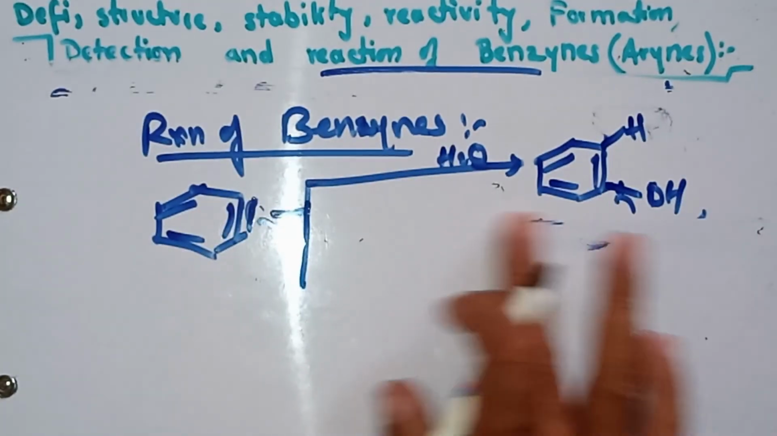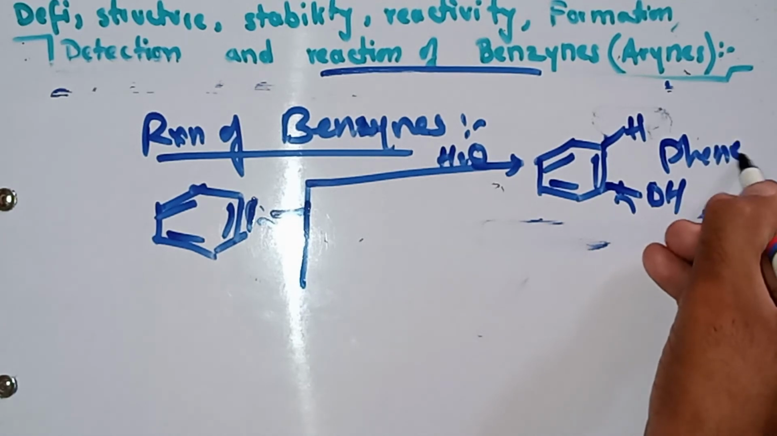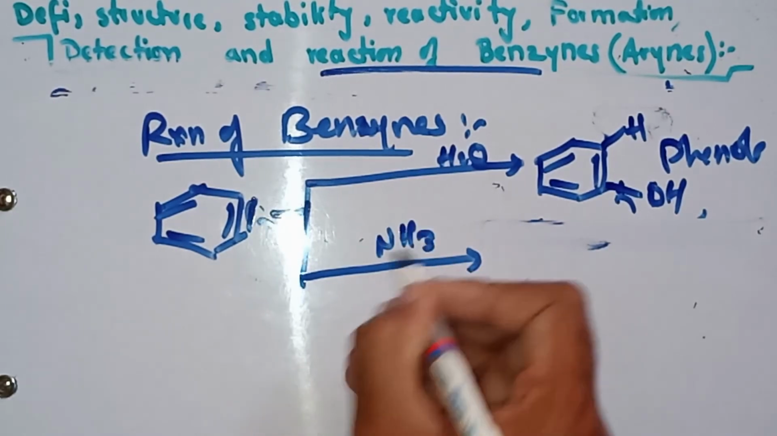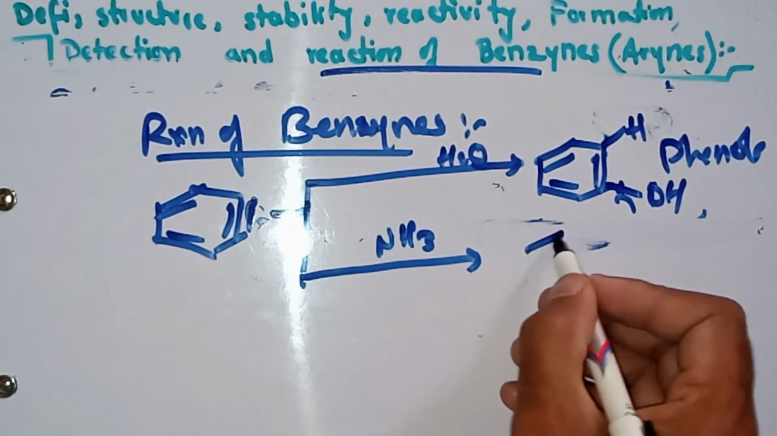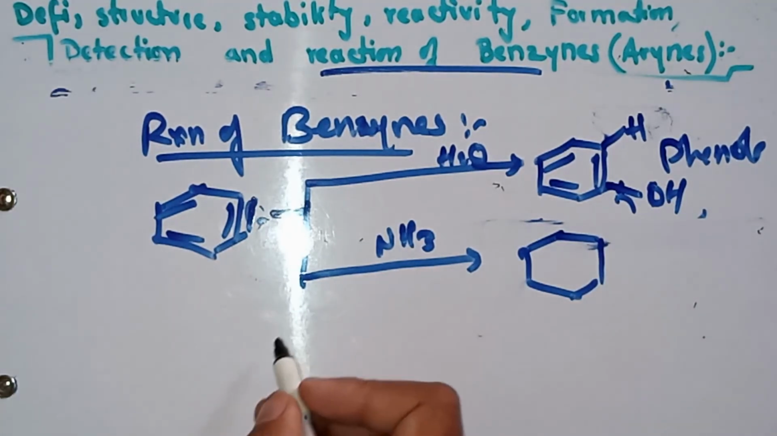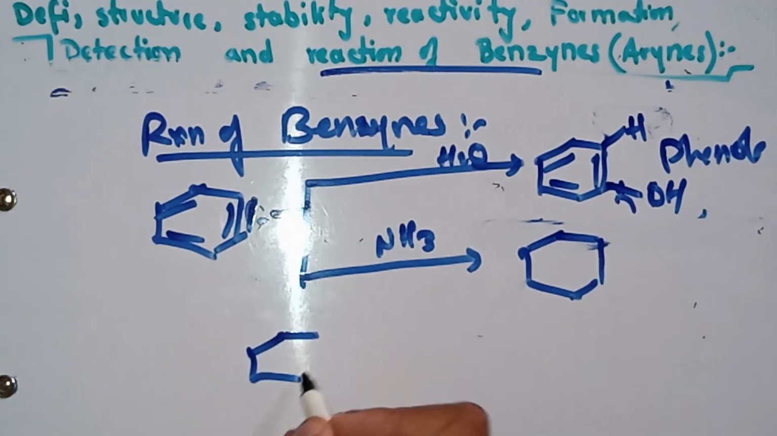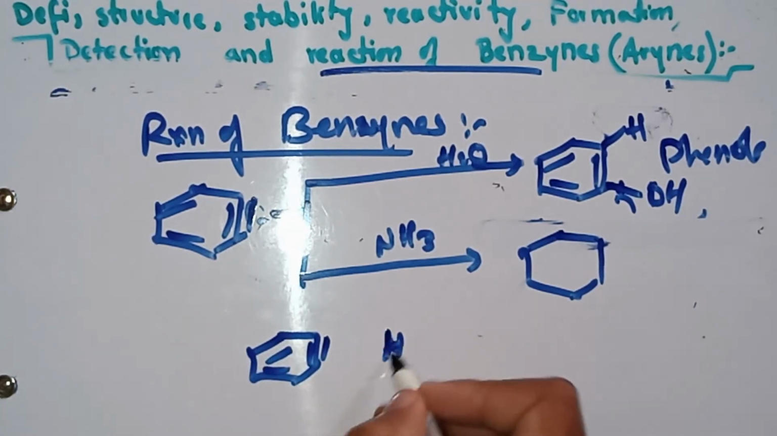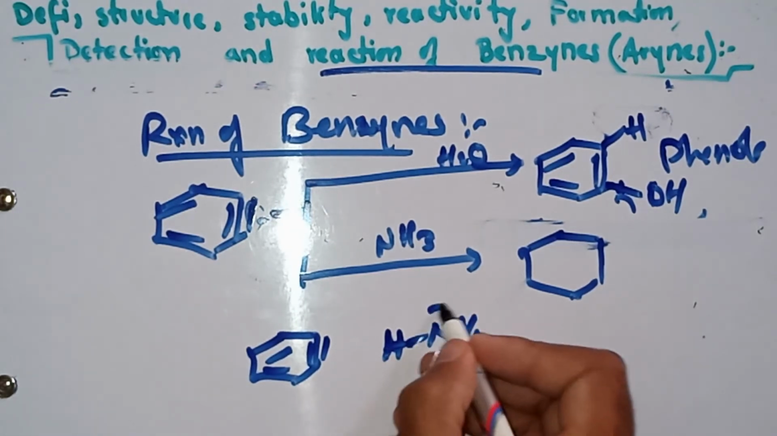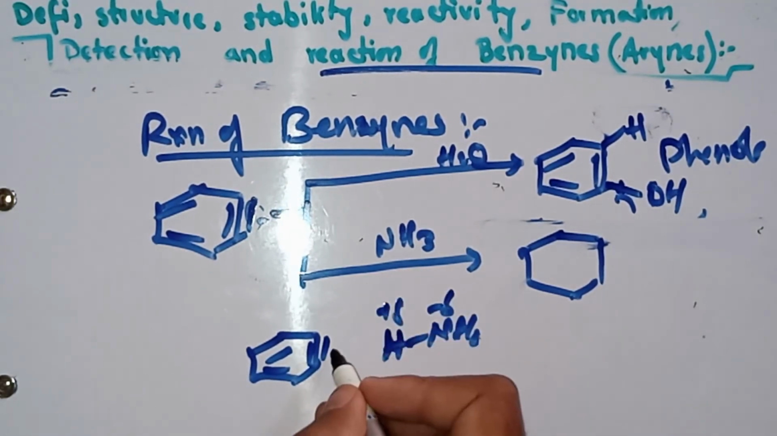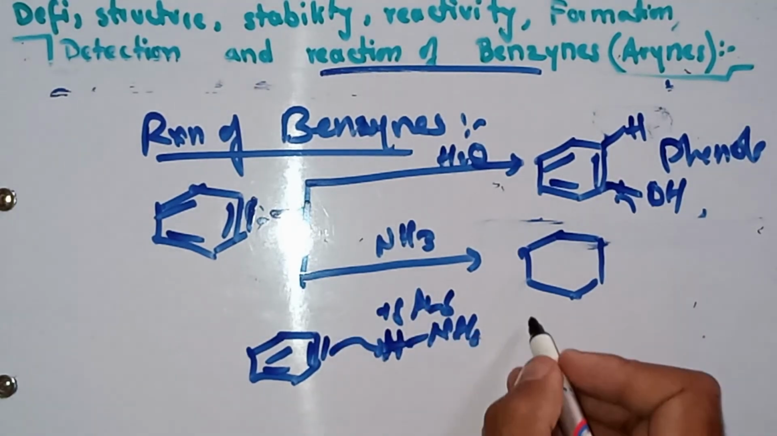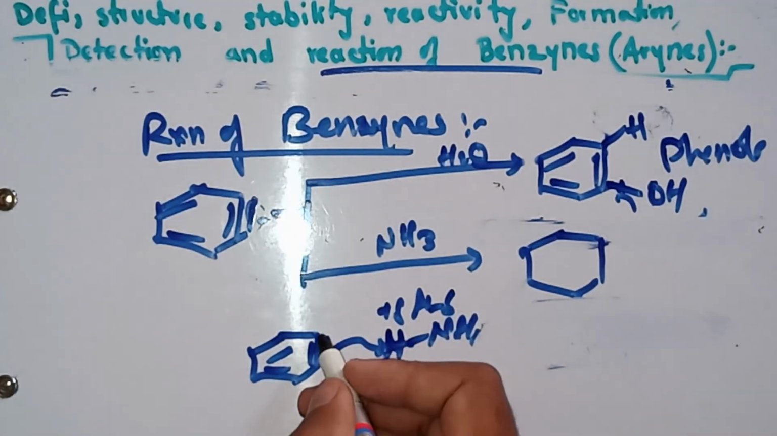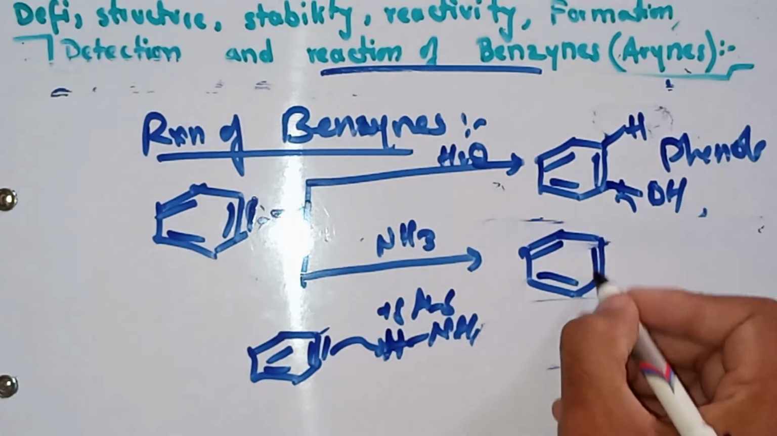You can also, in the presence of NH3, form the following. How will the mechanism occur? The mechanism will be like that. This is the triple bond of benzyne, and that is H-NH2. Here is a partial negative charge, here is a partial positive charge, so this bond will attack this and it will produce. So here this hydrogen will be attached to one carbon, because both carbons are symmetric,